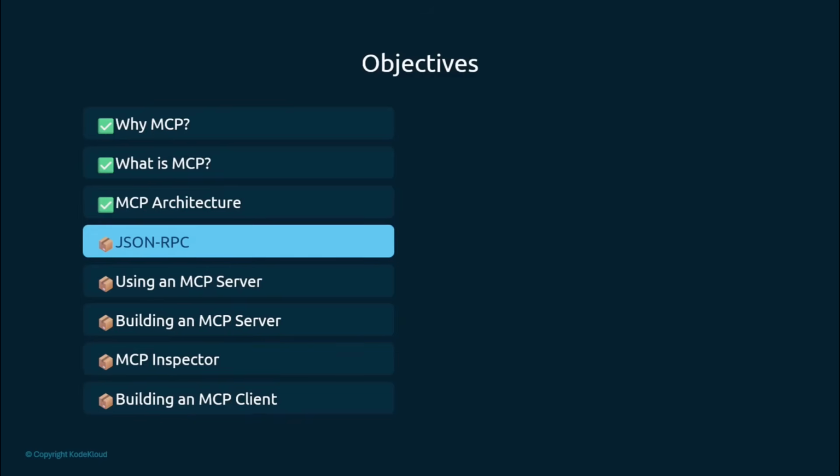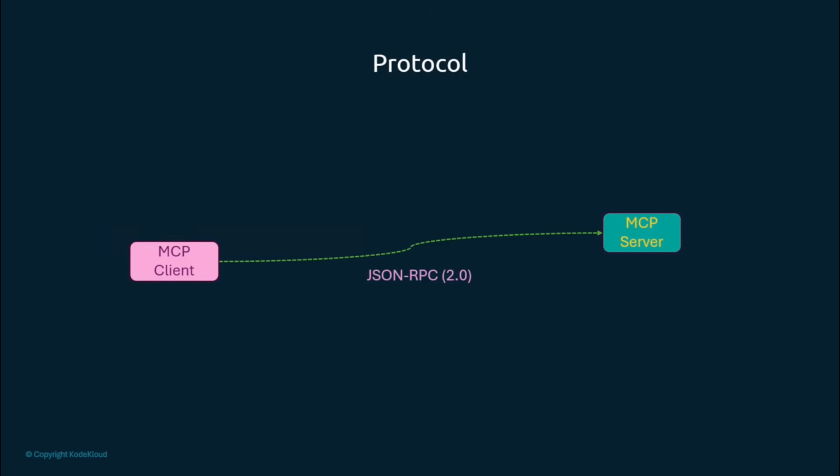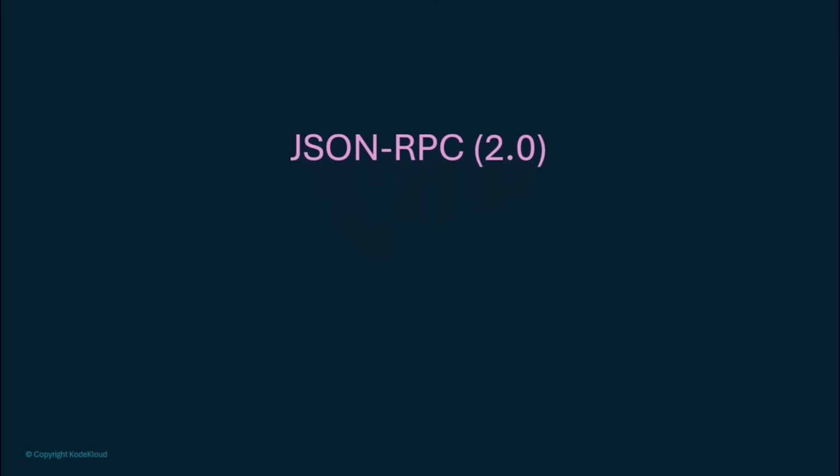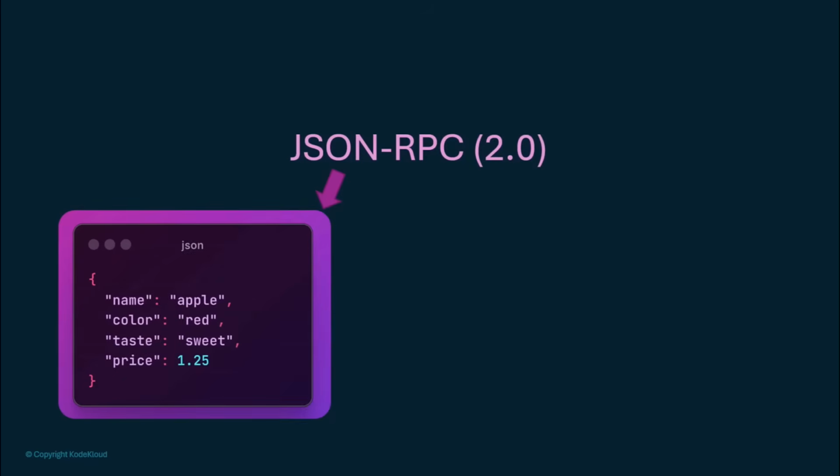So how do the server and client communicate with each other? It uses a JSON-RPC protocol. But what exactly is JSON-RPC? The JSON in JSON-RPC stands for JSON, which we already know. And the RPC stands for Remote Procedure Call. Together, JSON-RPC defines how a client can call a procedure or a method remotely, pass parameters, and receive